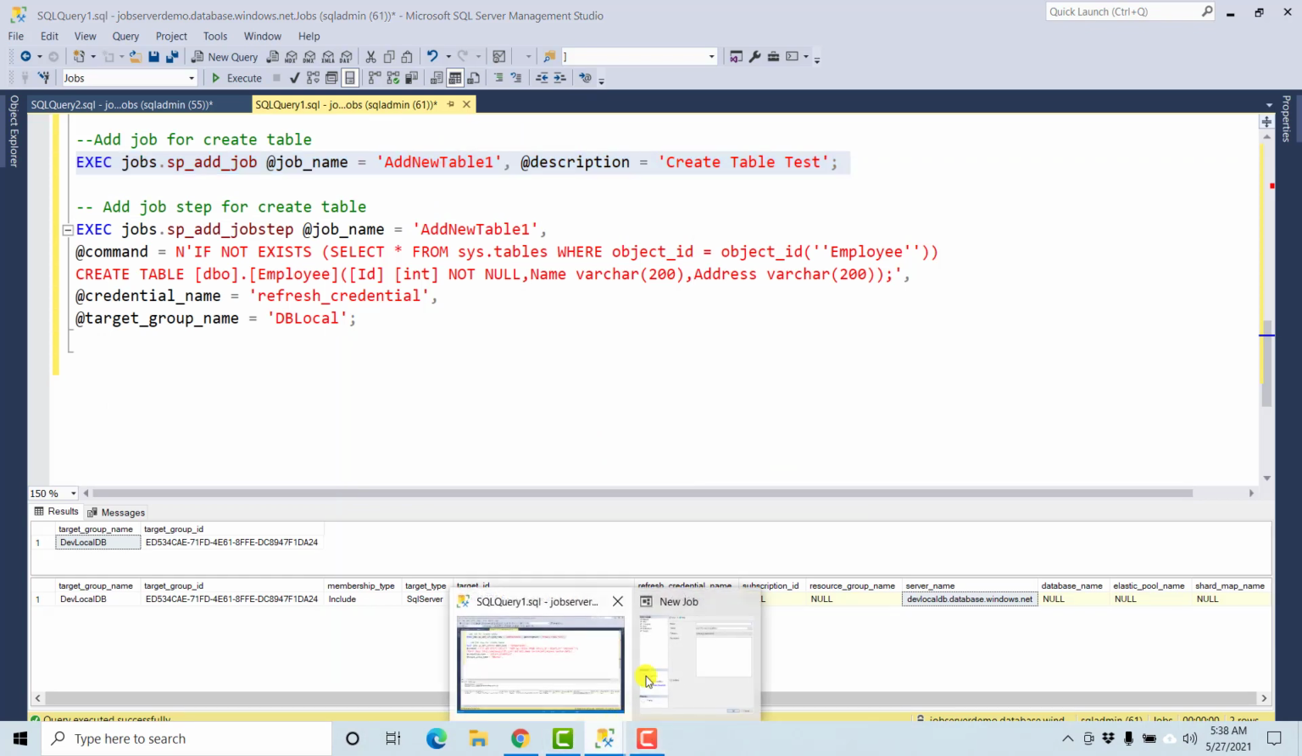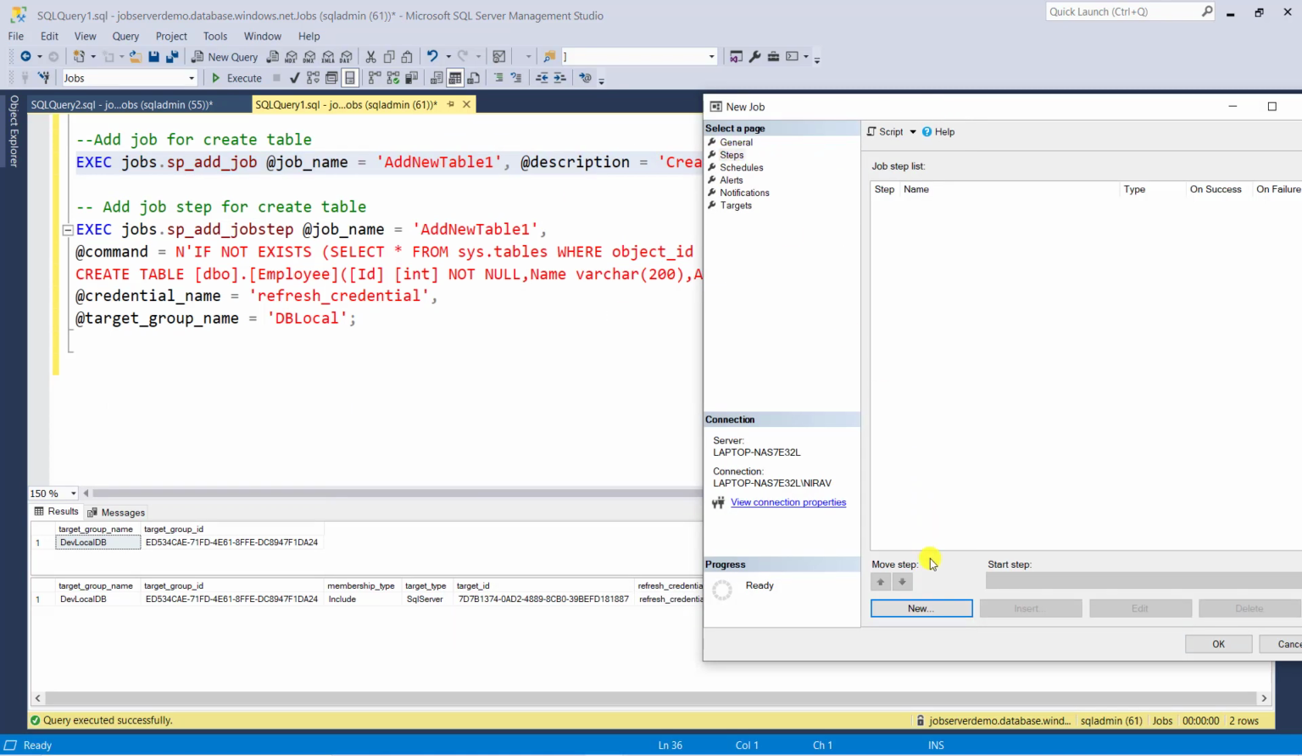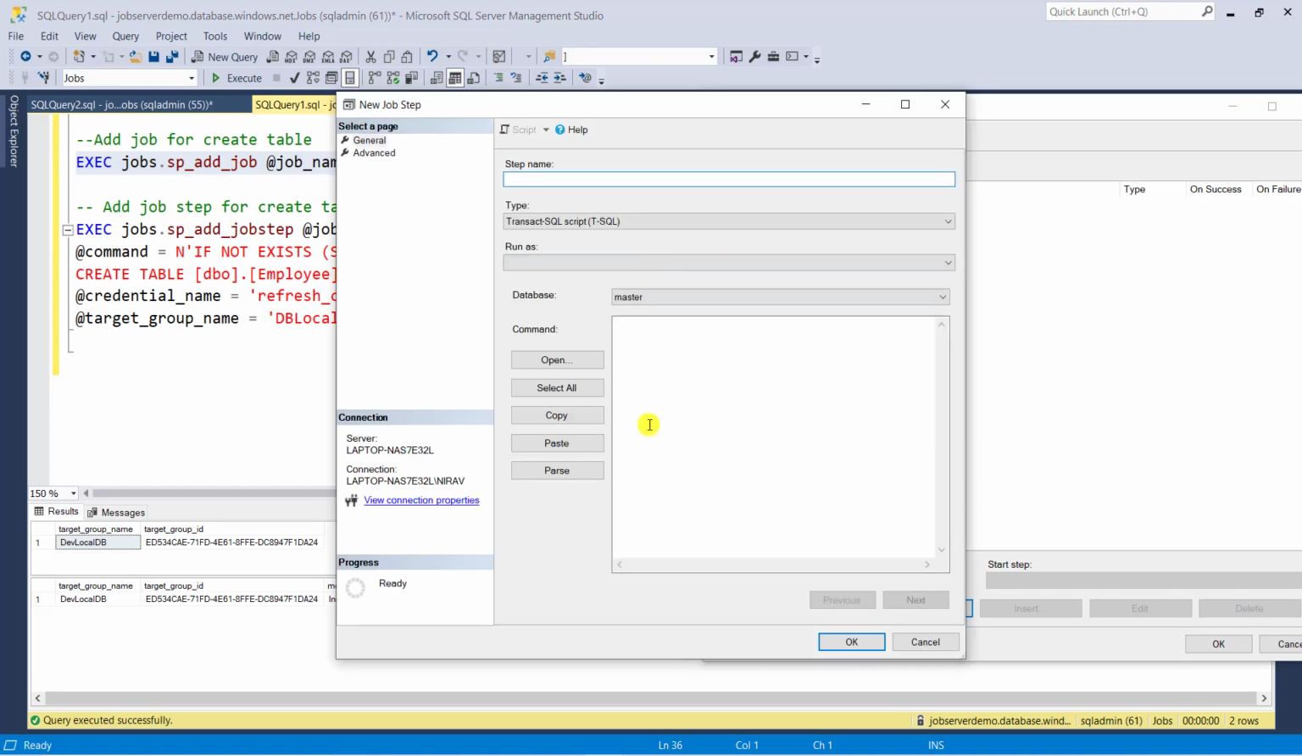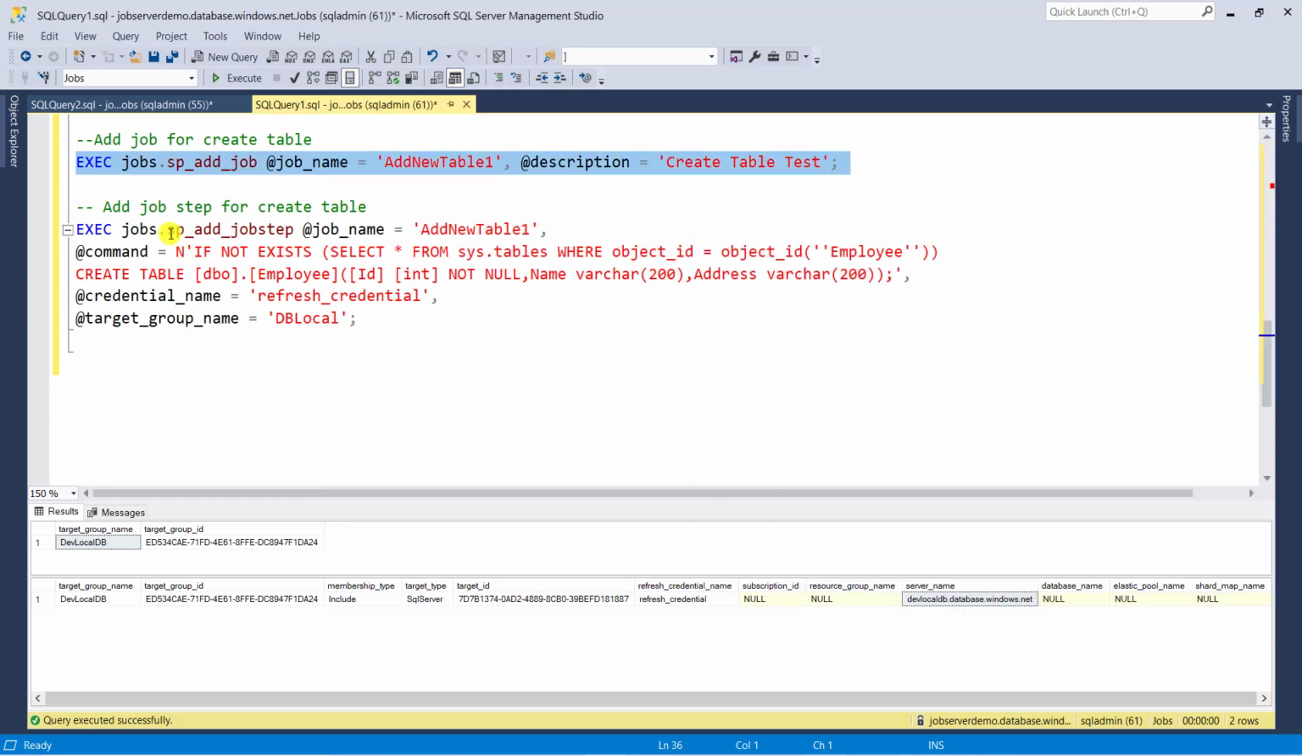Now inside the steps, click a new, and here you write your logic. Similarly, we have to add the steps. So jobs.sp_add_jobstep, where you have to give the job name,